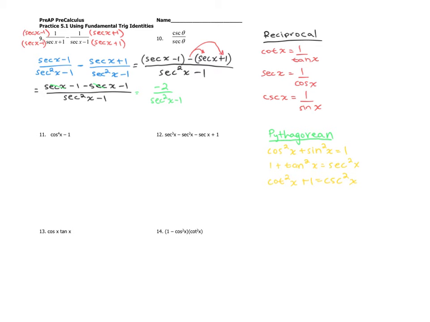It's not just normal secant. For the Pythagorean properties to actually work, it needs to be squared. So you can't miss that. It has to be squared. So if we look here at our second one, if we